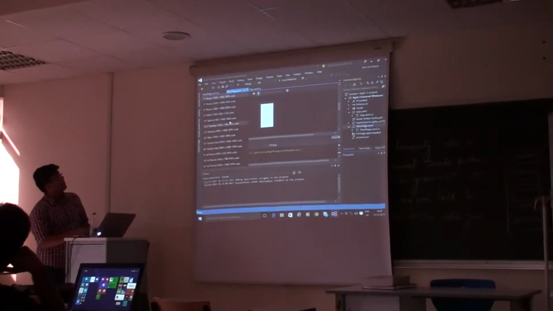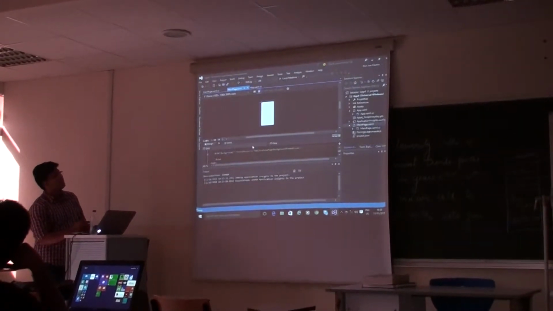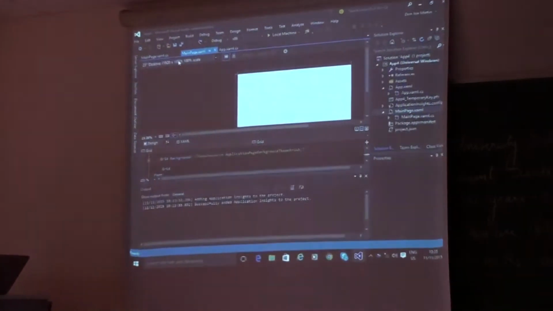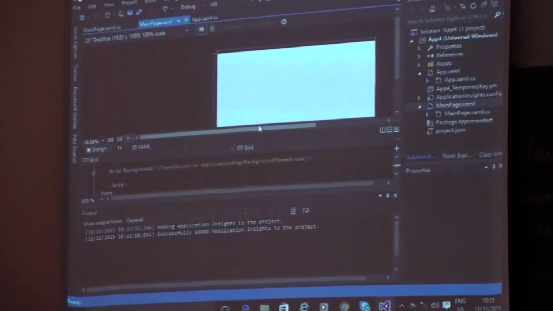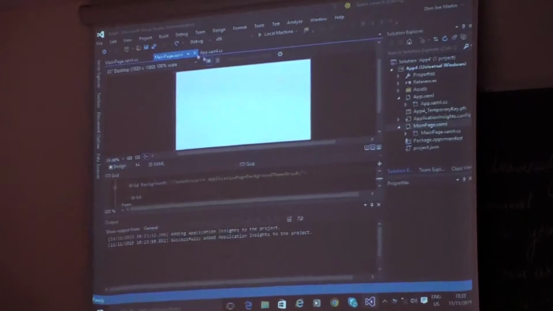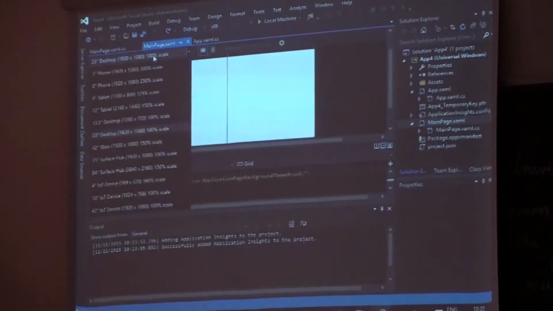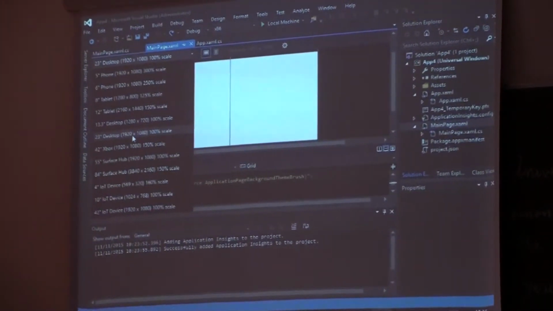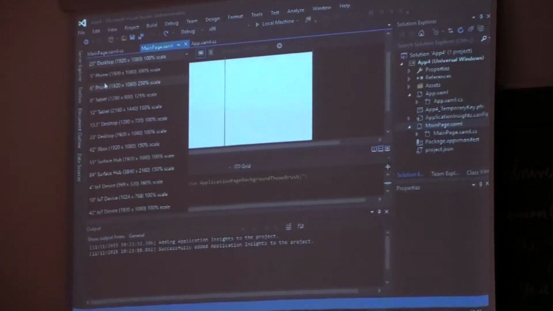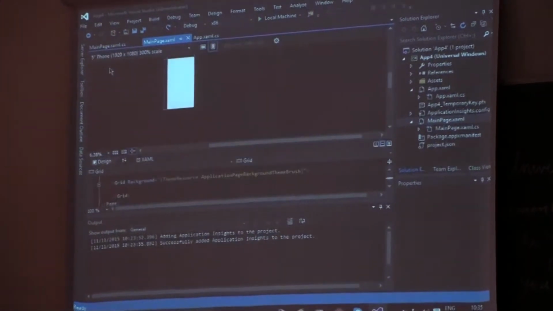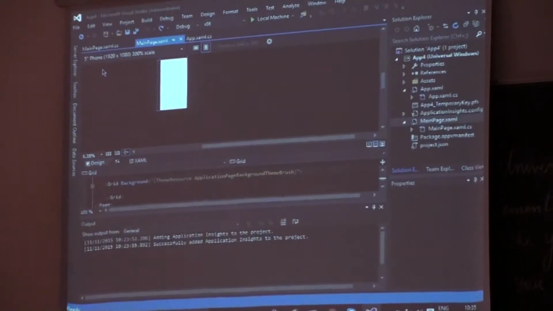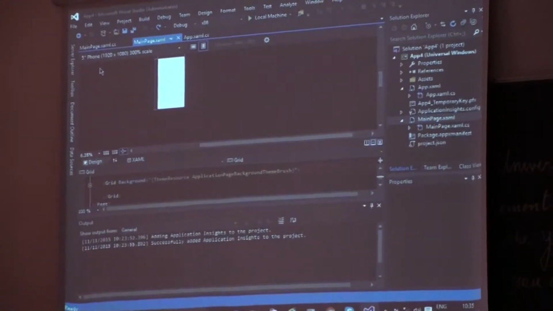But as you can see over here, these options help you design for different platforms. Now this is for a 23-inch desktop. Again, this is basically your LED desktop monitor. It need not be exactly 23 inches, but it's optimized for 23 inches. And there are 13.3-inch, 12-inch tablets, 8-inch tablets, 6-inch phones, 5-inch phones. The reason we are starting with 5-inch phones is because phones are the most common things that people develop apps for.